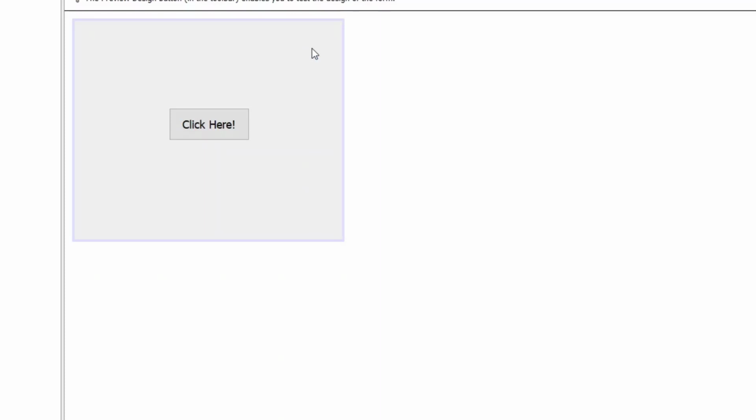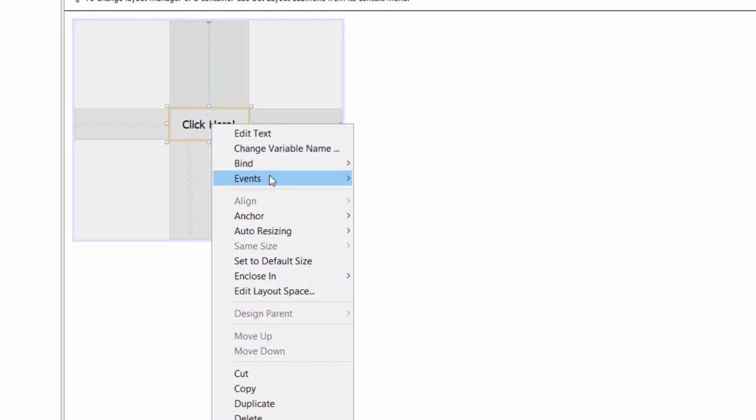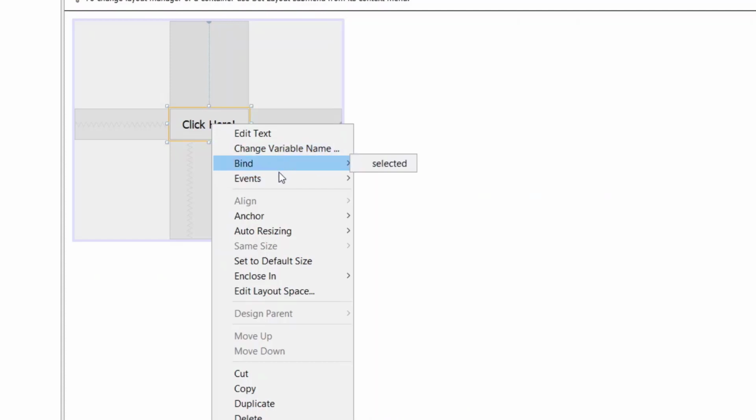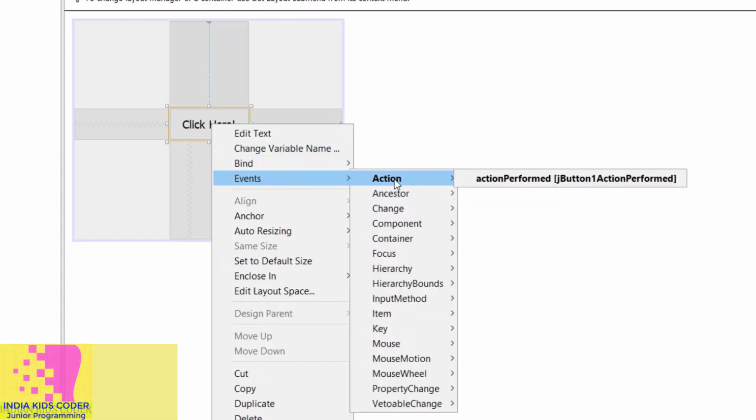But now to code this, add an action, so that when you click on this button, it should display a frame. You just have to right click here and go to events. Any action that you want is known as an event. So go to events, and here you will see action.